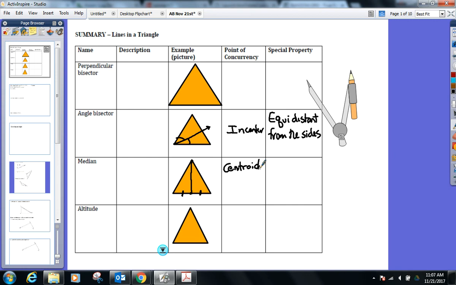Now, I'm not going to ask anybody about the special property because yesterday we kind of said, well, this segment is double this one. Everyone remember that? The centroid splits the median. If this is my centroid, it splits it up into two parts, right? So the centroid splits the median